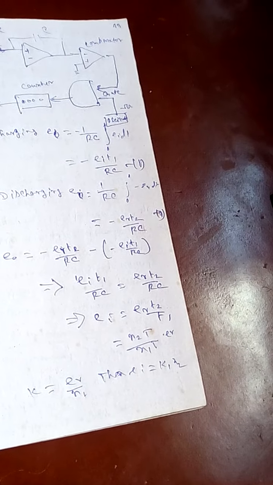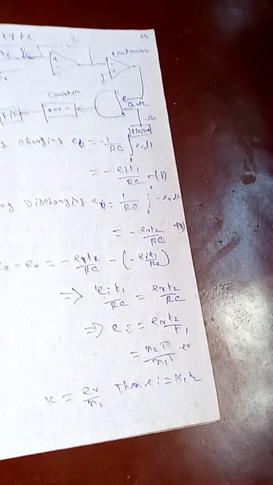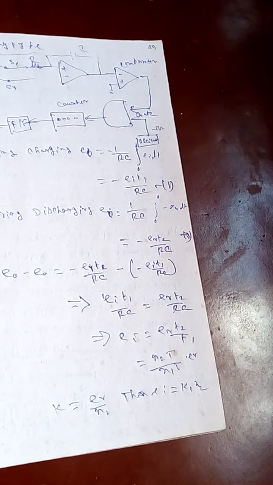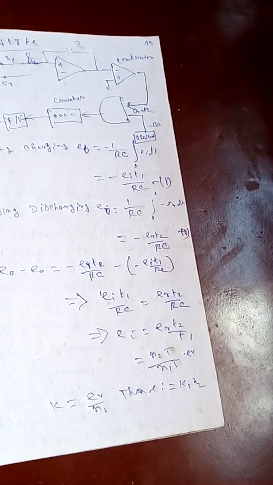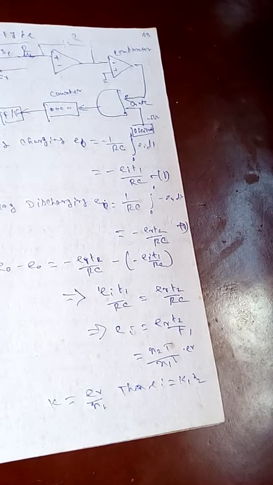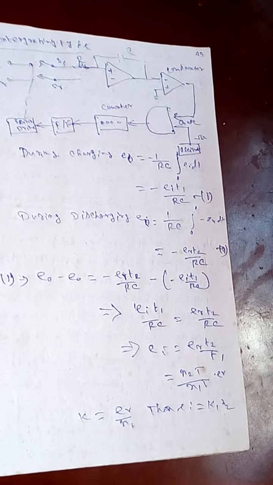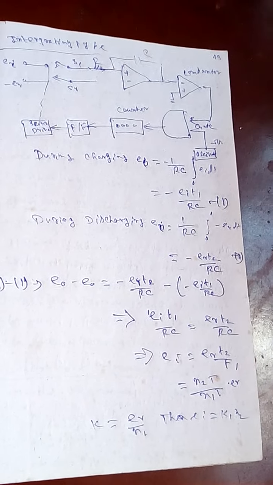So with the dual slope integrator type, we get excellent noise rejection, because the noise is superimposed during the process of integration. So speed and accuracy are regularly varied. These are the advantages. So we get the digital voltmeter. There are two types, and these are the advantages of the ramp type and integrating type instruments.